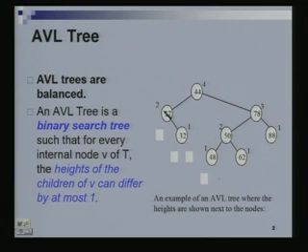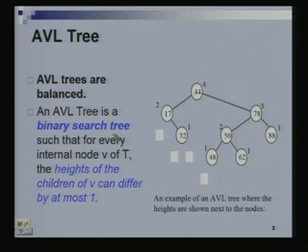This also has a difference of 1. The right subtree has height 3 now and the left subtree has height 2. But the difference is no more than 1. So this is an AVL tree. This is what our definition of an AVL tree would be. So this is true for each node of the tree? Yes, it is true for every node of the tree.